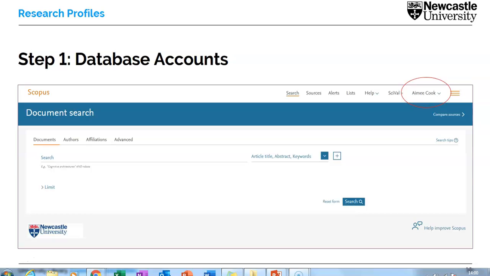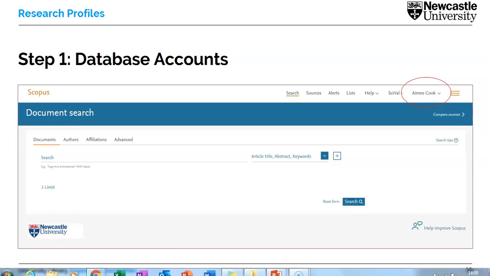And this might seem like a very basic step, a very basic piece of advice, but it's very important for the next step because it's impossible to go ahead and tidy up research profiles unless you have this account. And it's good advice generally. It's something that librarians will advise you to do regardless because it is very useful for setting up search alerts, setting up feeds. If you're looking at doing systematic reviewing at any time in the future, it's really important to be able to save those more complex searches. So good practice anyway to set up these accounts, but it is in fact crucial for the next step.